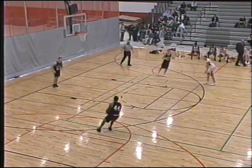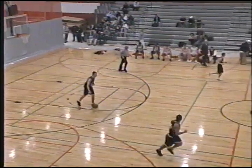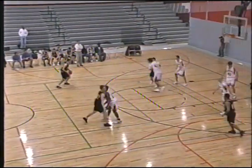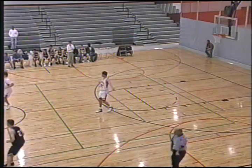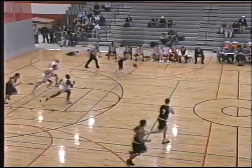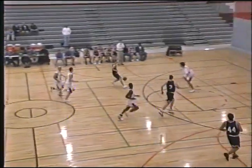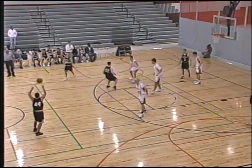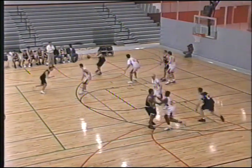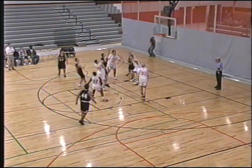Brian comes out in a one-man press. Costello. Across to Warren. And there's the pick-off by Chris Potts. Good hustle by Chris. Excellent effort. Now, Wellesley never came back with their big man. For whatever reason, they've just decided to stay with a small lineup. They're 6'5"